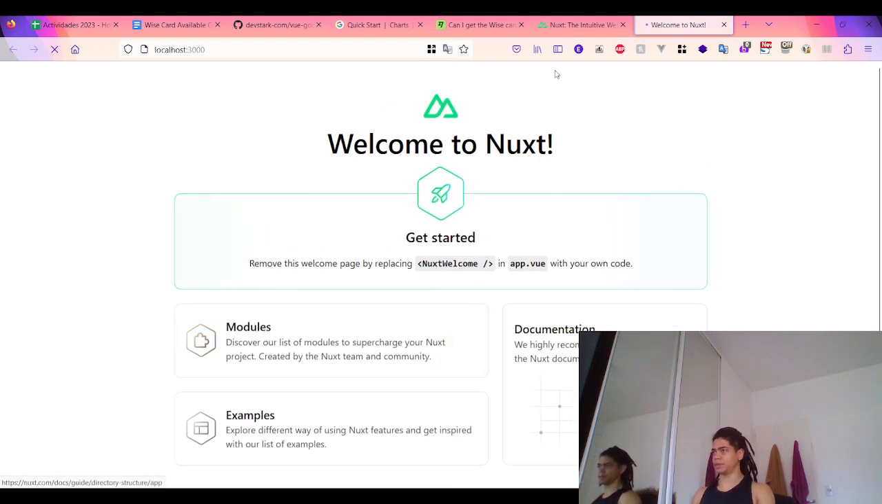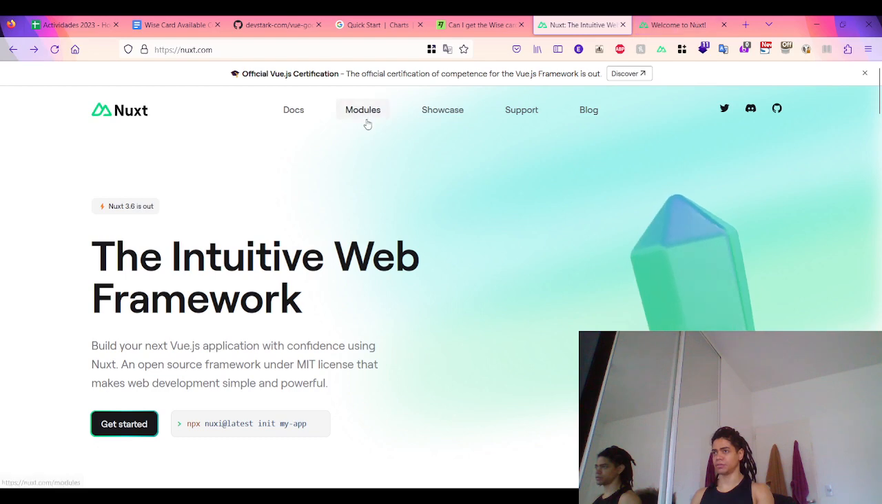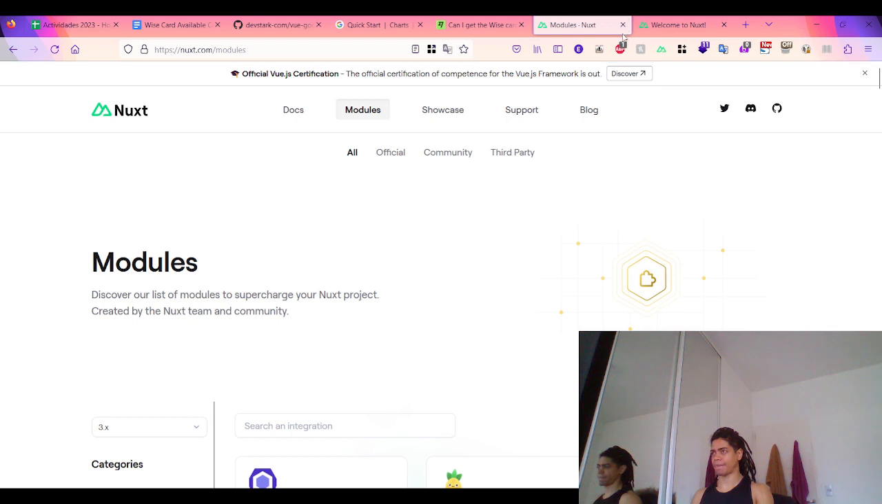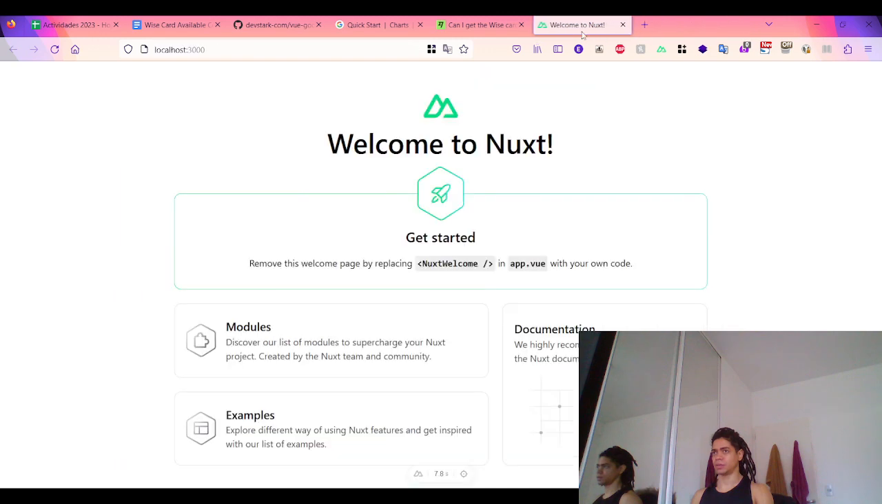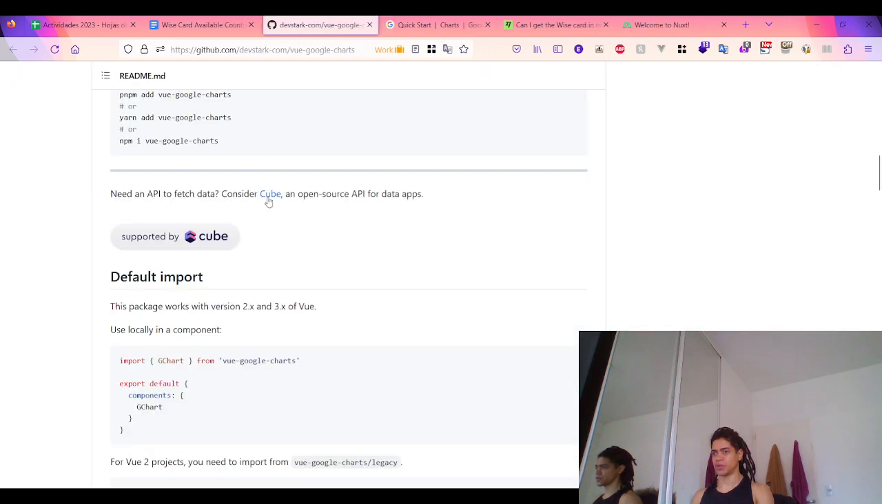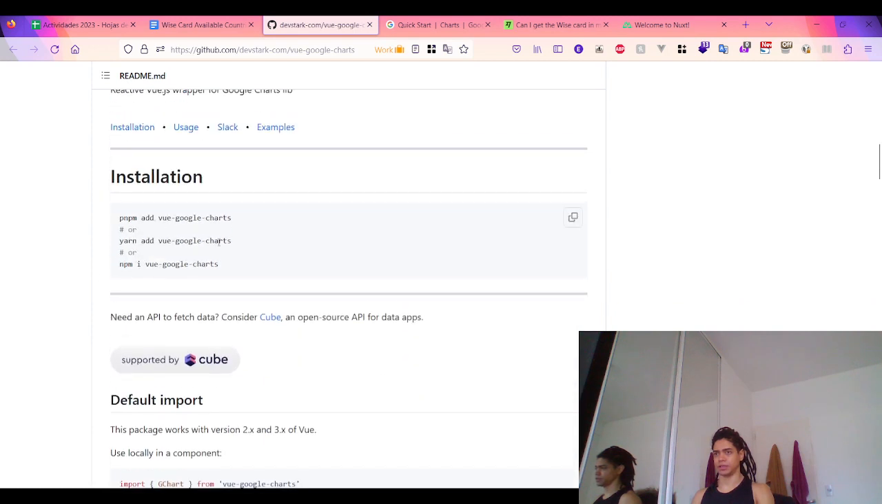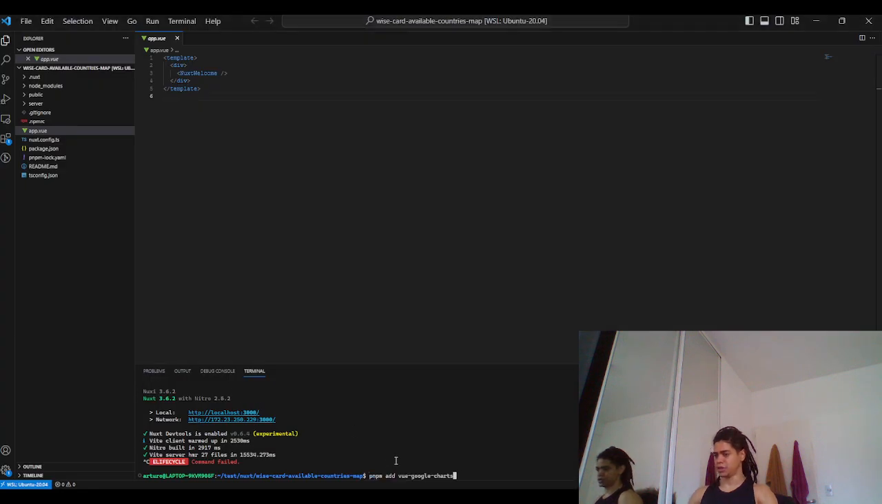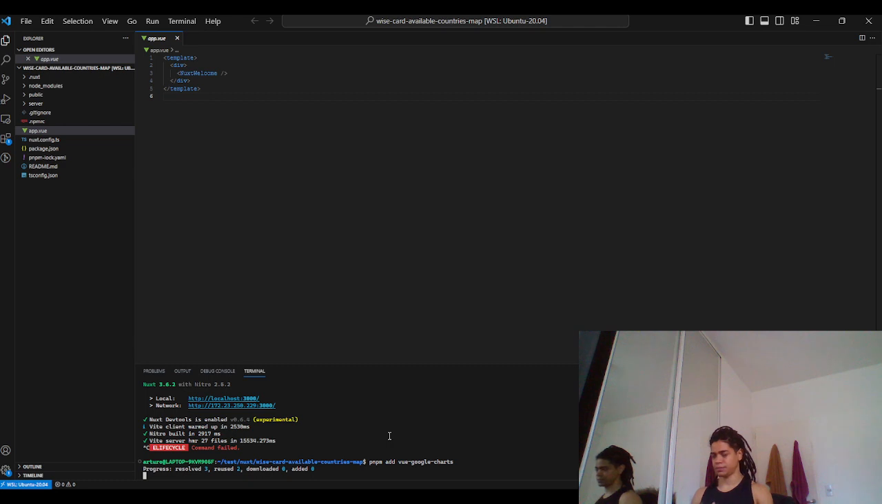So what is the next step? Is to install now the Vue 3 components like this. Okay, so the Vue Google Charts here. Okay, so if I go back here to the code, all right, back to the code, you got it. You add this thing,